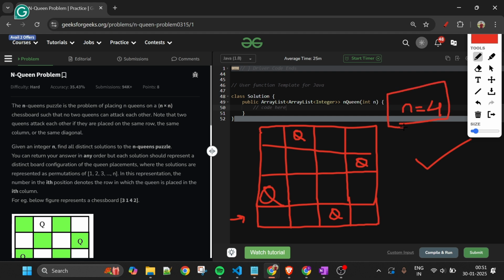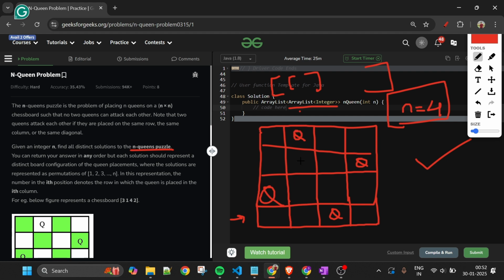So this is one correct answer, where we can place 4 queens. Now what we have to return is basically an array list of array lists. There can be multiple possible answers, so we will return one master list, one parent list, in which there will be some small children lists, each containing one solution of the N-Queens puzzle. So for this, what is the one solution? First one is basically